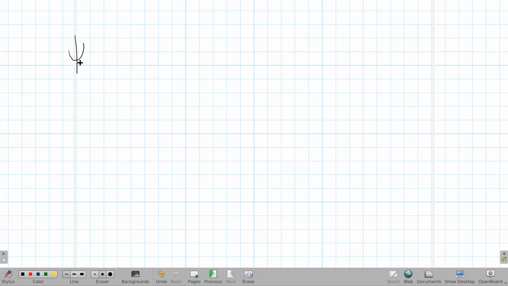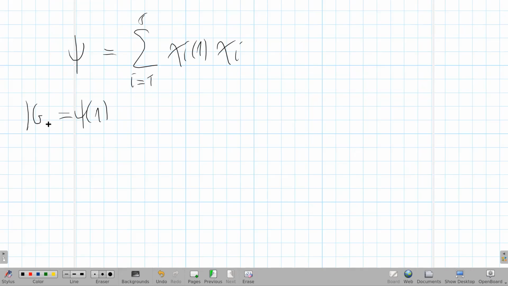This is the character of the right regular representation, and this is the sum. This is a coefficient, and this is the character. When I evaluate this in 1, recall in 1 the value is the order of G, what I get is